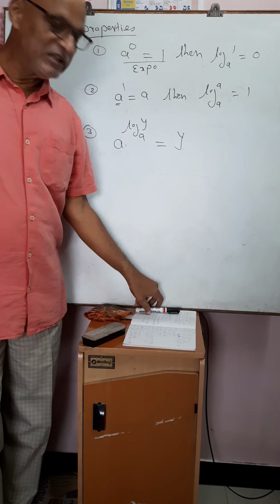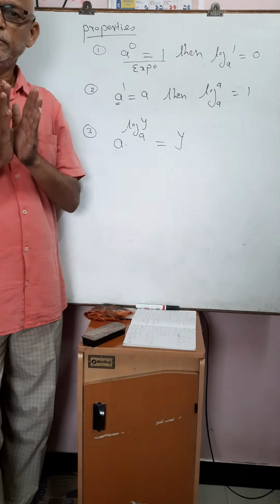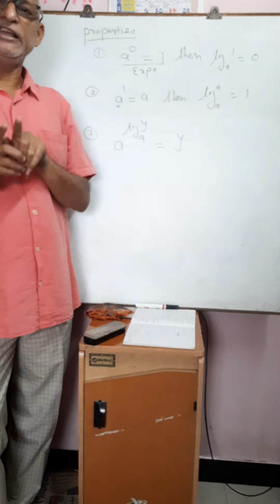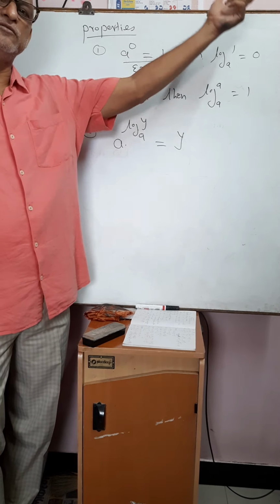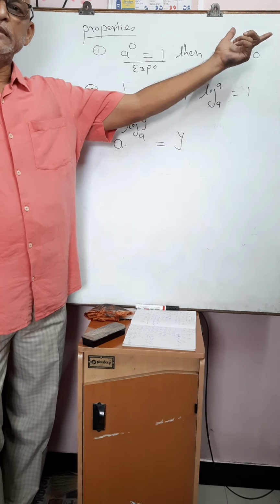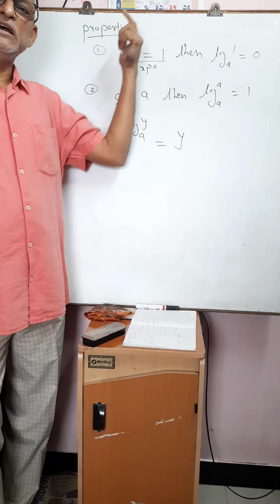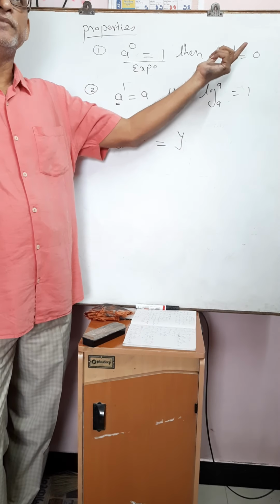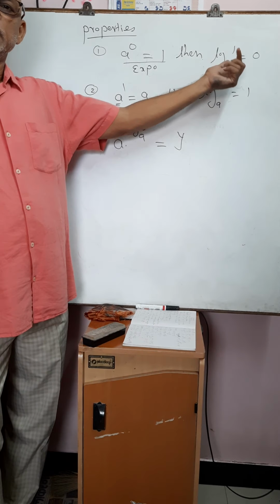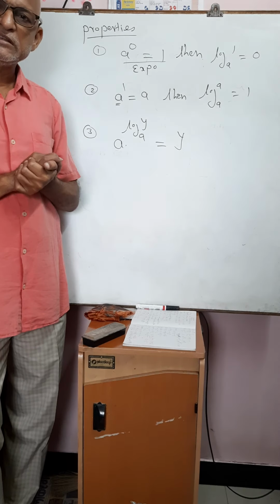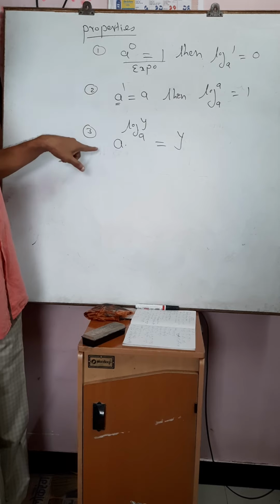That means to learn the logarithmic topic, you have to remember the 5 laws. First one is log m to the base a plus log n to the base a equals log of m into n. That means the addition gets converted into multiplication when the bases are same. Second one is the subtraction, that means log m minus log n equals log of m by n. The third one is log m raised to n equals n into log m. The fourth and fifth are change of base. Along with those 5 laws, you have to remember these 3 properties.